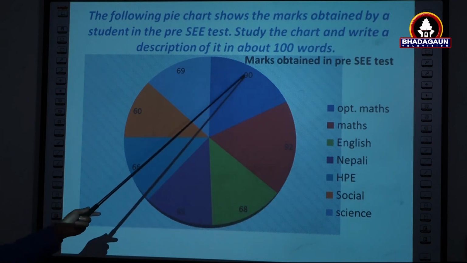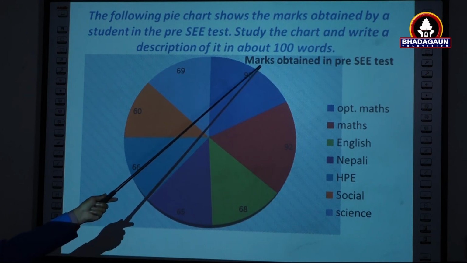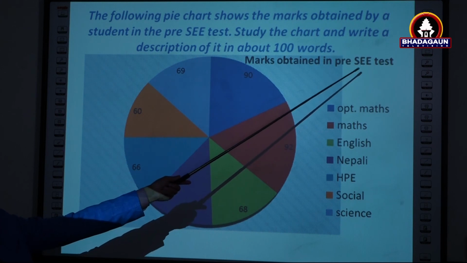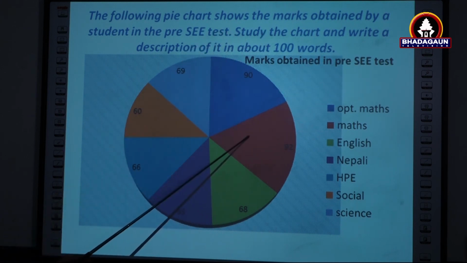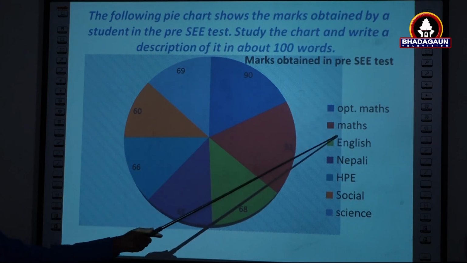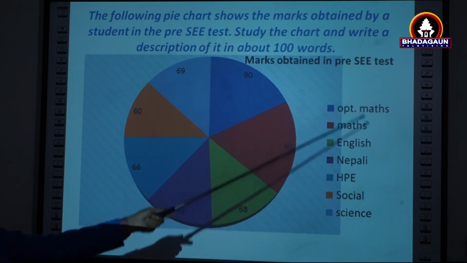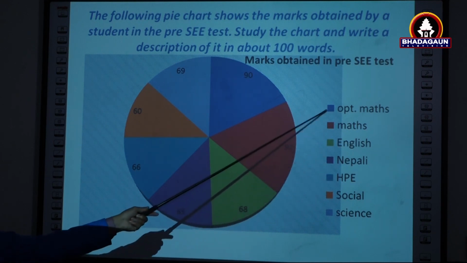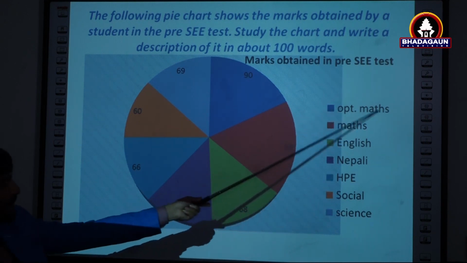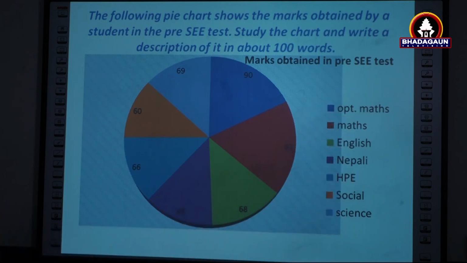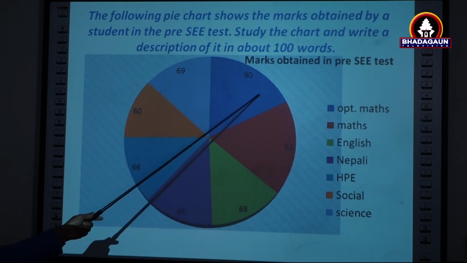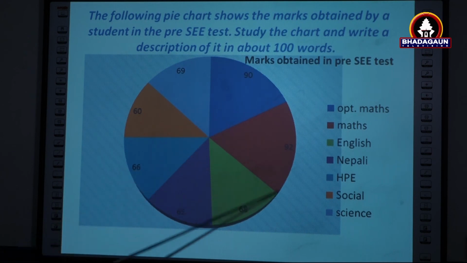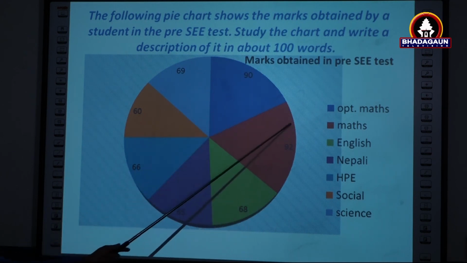I guess this is a pie chart. The pie chart presents the marks obtained in a pre-SE test by a student. Generally 1, 2, 3, 4, 5, 6. All 6, only 6 subjects are, sorry, 7. 1, 2, 3, 4, 5, 6, 7. 7 subjects are presented and their marks are presented here in this pie chart. This will be first, and how much marks that student got, you write each and every mark respective to their subjects, and finally make a short conclusion. That would be your, you say,